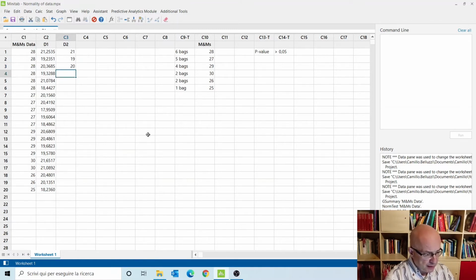fill up all of the other cells accordingly. So we have here 19, then 21, then 18, 20, 20, 18, 20, 18, 21, 20, 20, 20, 22, 21, 20,